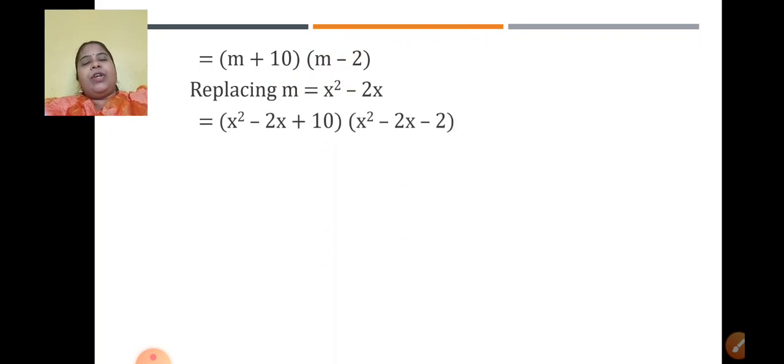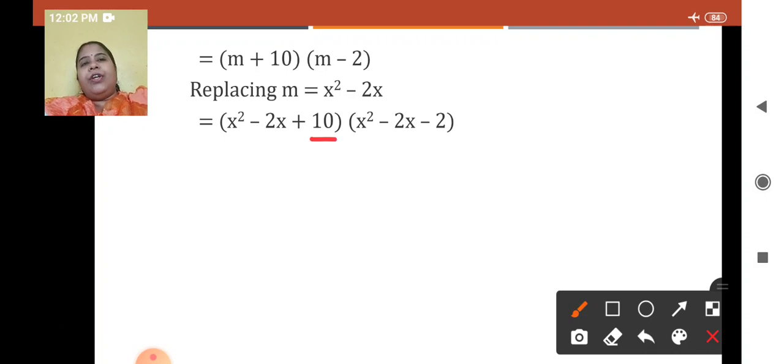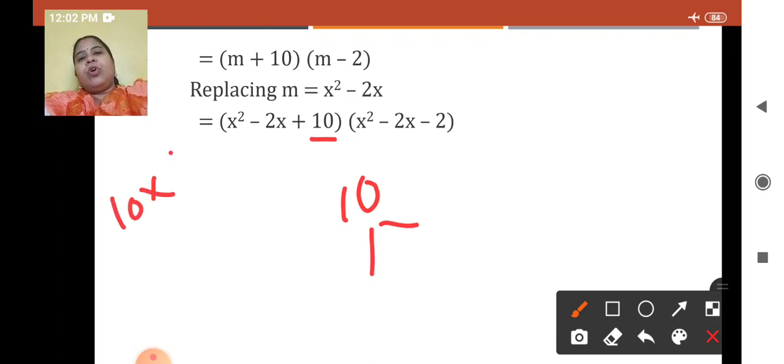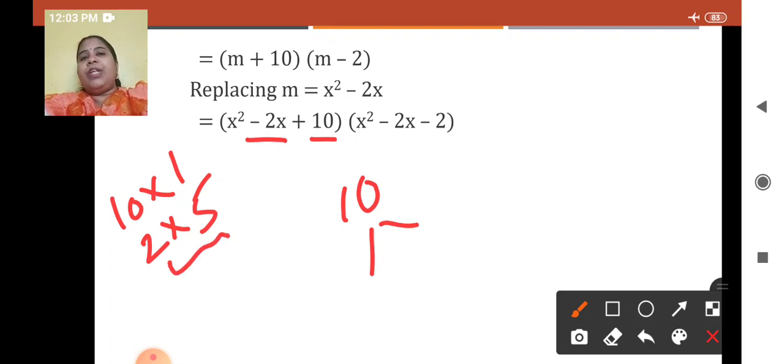Now let us try to factorize it. 10. Correct? 10 is to be factorized so that you get this minus 2. The possible factors of 10 are what? Either I write 10 as 10 into 1 or I write 10 as 2 into 5. Yes? Can you think of any other way? No. So anyways you try, you are not going to get this minus 2. Yes or no? See, 5 and 2. The difference between them or addition between them is not giving me this 2. So this cannot be factorized.